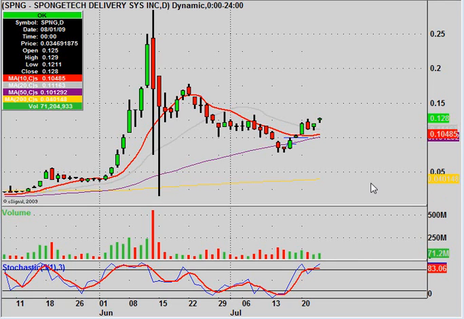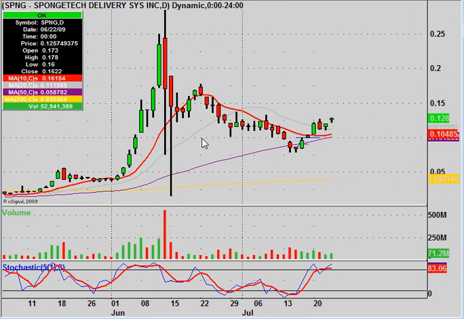It's Clay Chart, and this will be a video chart on SPNG, Sponge Stack Delivery Systems Incorporated. I've been doing this one quite a bit, and I wanted to get this updated again, go through different time periods, and just keep everybody updated since this does remain one of the most, if not the most popular stocks